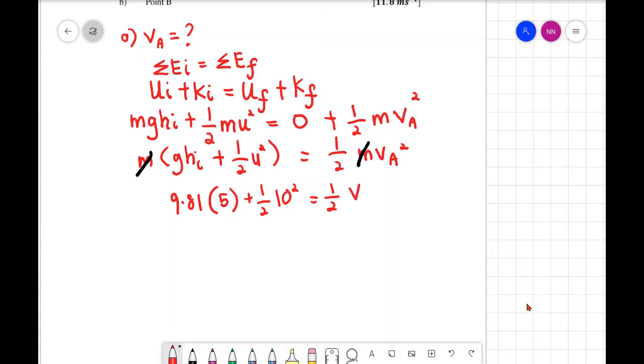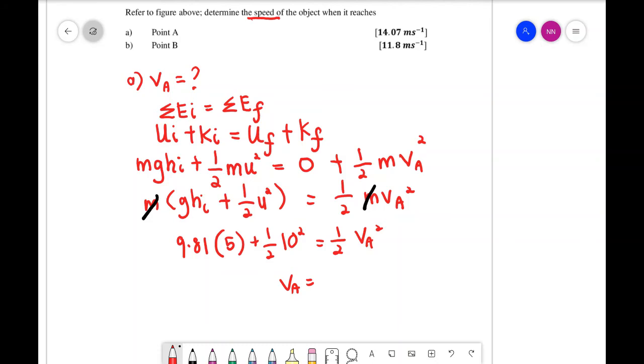The speed at point A is the unknown that you have to find. So VA equals, the answer is